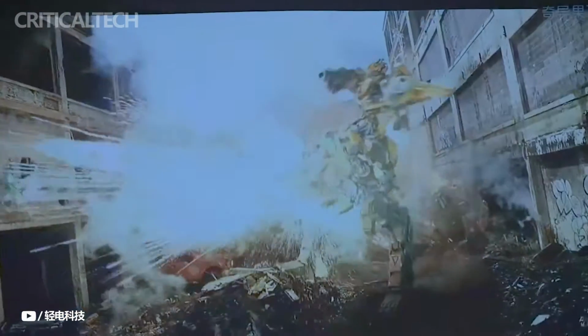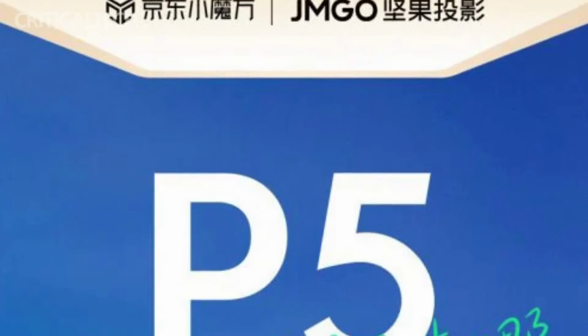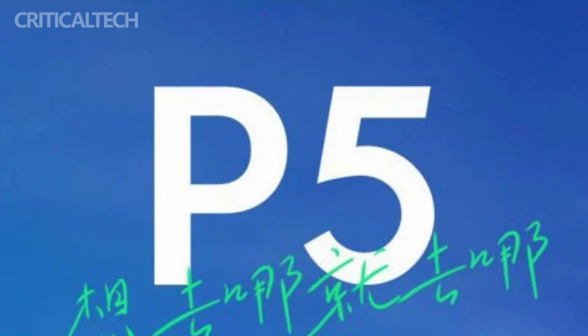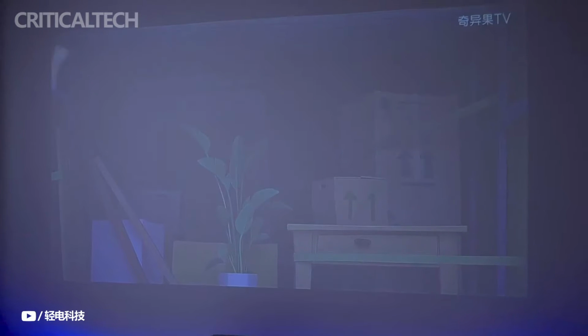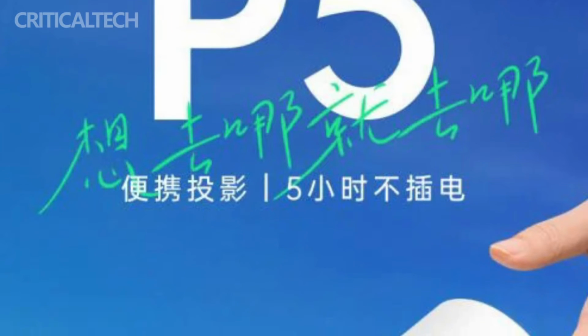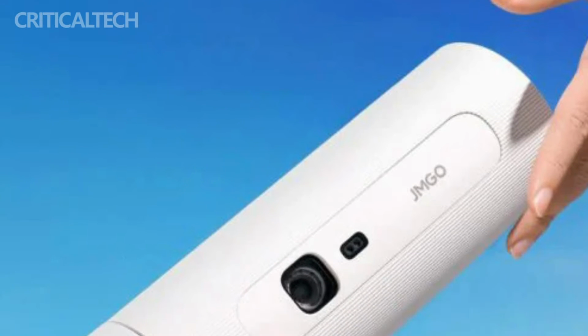Hey everyone, for outdoor use, the JMGO P5 projector is a feature-rich, adaptable gadget. With a built-in battery that can last up to 5 hours on a single charge, it is an exceptional feature that makes it ideal for outdoor movie evenings or presentations. With its 1080p resolution and 450 ANSI lumens of brightness, the projector guarantees a sharp and colorful image even in